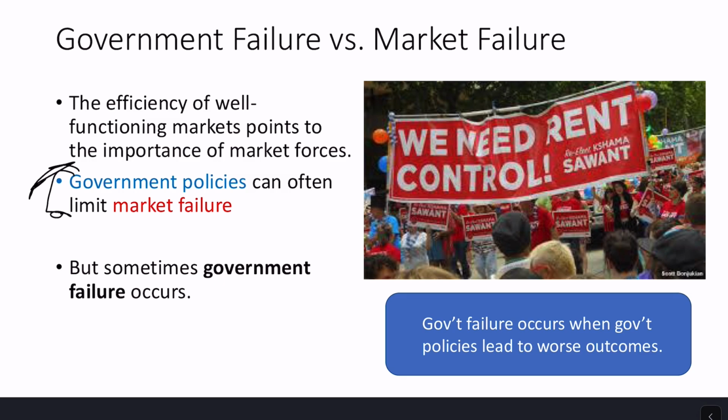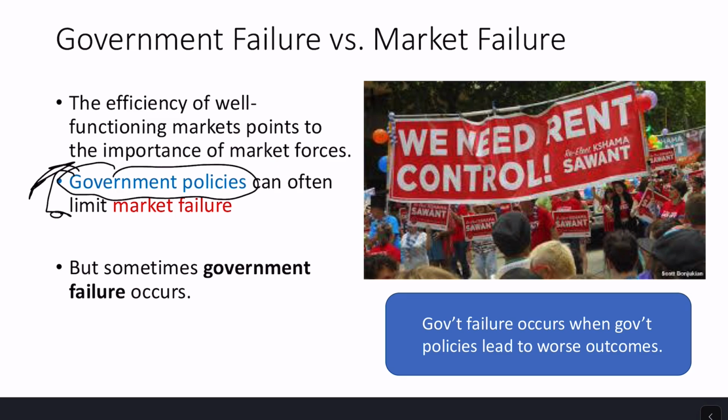This is where the market doesn't give you efficient outcomes. We have externalities or a monopoly or those others on that list that I showed you. And we might be able to use government policies to fix the market failures. Right? The idea here being, you don't want to have the argument of like markets fail, so let's just not have any markets at all. Let's just go full central planning like the old Soviet Union, where bureaucrats are deciding everything. No, markets work in some cases, markets don't work in other cases.